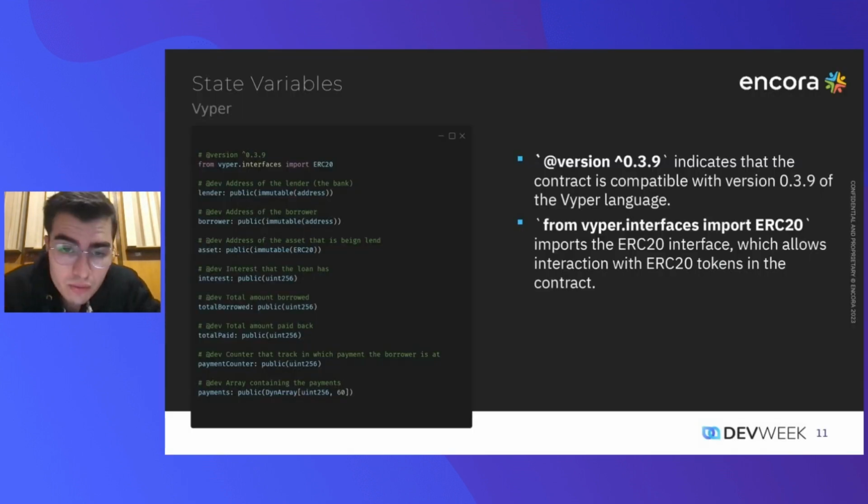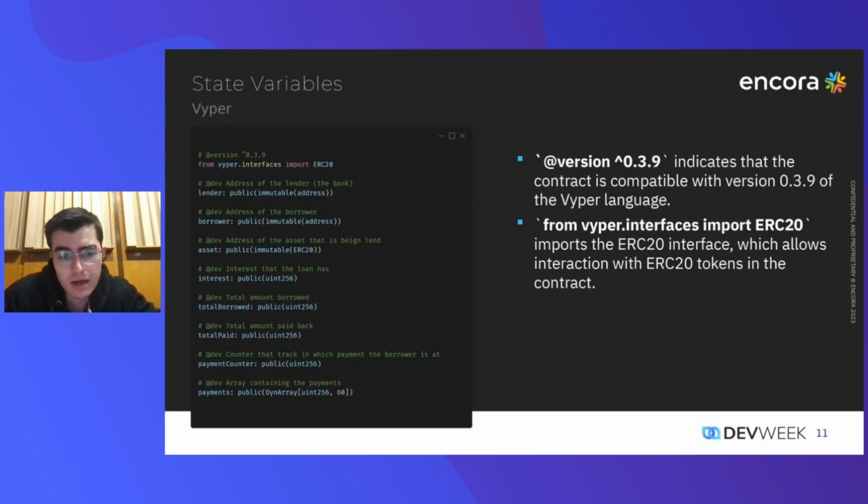So we're going to define first the state variables. As you can see on your left, we have the lender, that is a public variable with an immutable modifier that is wrapping an address. So what does that mean? That means that the lender address is public, and once defined at the construction of the smart contract, it can't be changed.